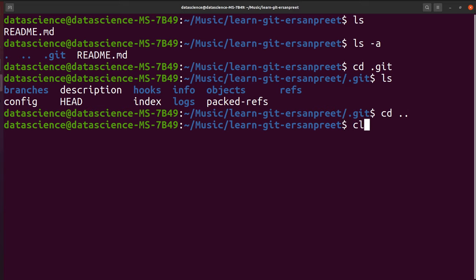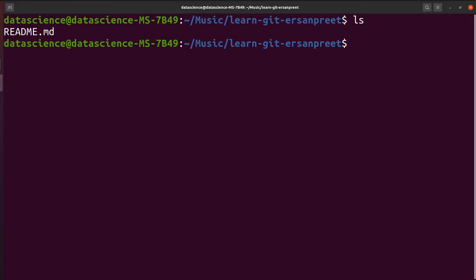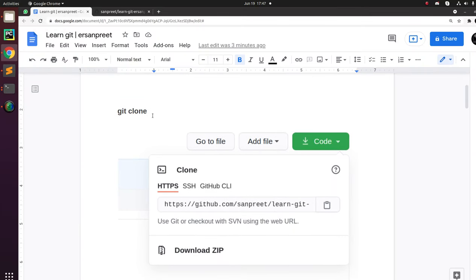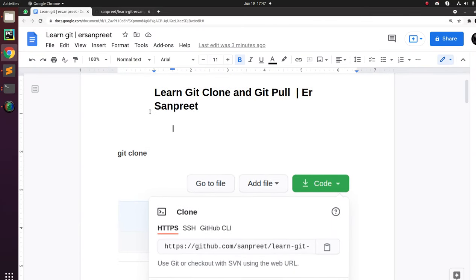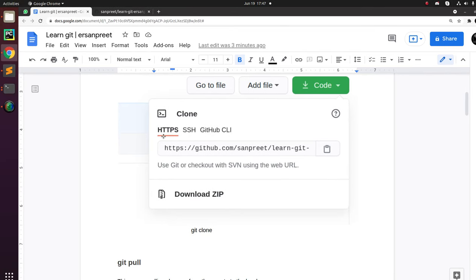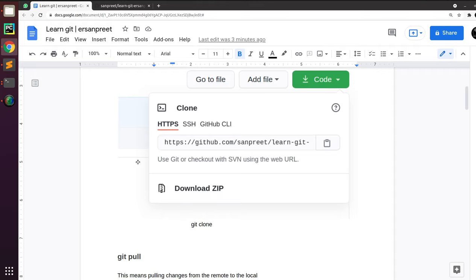Now let me come out of that. So here comes the demonstration of the first command, which is called git clone. Again, if you see the screenshot, this was the first step. First of all, we created a repository in your own GitHub account, called a remote GitHub repository. Then we click on clone. There were 3 options available: HTTPS, SSH, and GitHub CLI, which is an abbreviation for command line interface. You can choose any of them. There is another option called download zip. If you don't want to follow the above, you can do it with this.